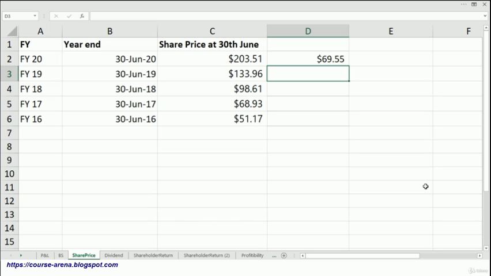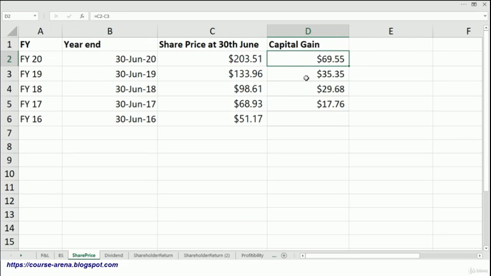So we are going to follow this financial year for the share prices as well, because all the other data that is available for Microsoft is available for the same fiscal year. Now that we know how to calculate the capital gain for a share for a year, I'm just going to copy and paste this to all the cells below, and you can see that Excel will automatically do the job for us, and we can calculate the capital gain for each fiscal year, 2017 to 2020, and this is going to be called capital gain.